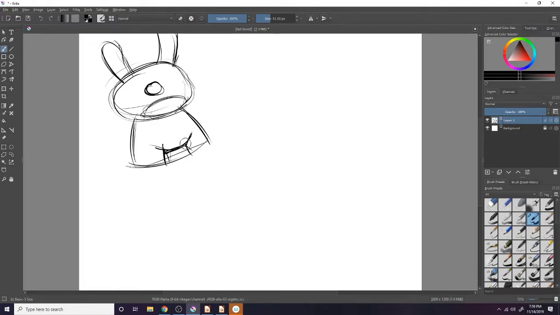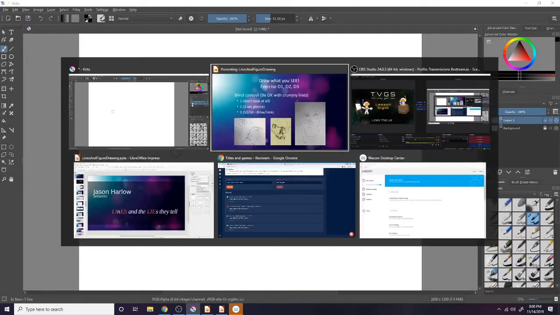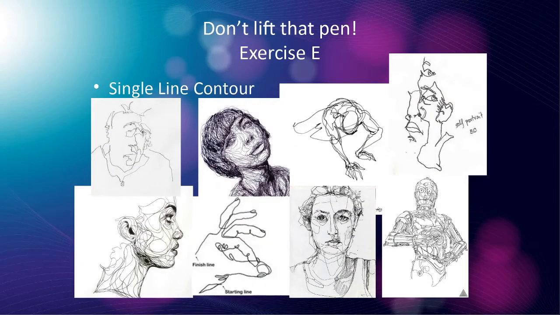Oh, yep. See, I looked too long on my drawing, and I drew the wrong thing. I drew what I thought it should look like, not what it does look like. And draw this thing out this way. All right. And that came out a little better. Still very sketchy, but I feel like it's closer than if I tried to look at it once and then draw what I thought it looked like. Just an exercise to remind you to draw what you see and not what you know.